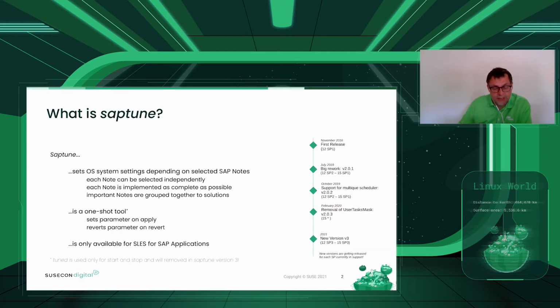So, what is Saptune? Saptune is a tool which we ship for SAP applications, which should make it easy for customers to prepare the system for SAP workload. So Saptune is coming with a growing list of OS-related SAP notes, which can be implemented